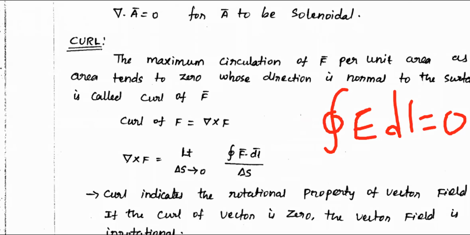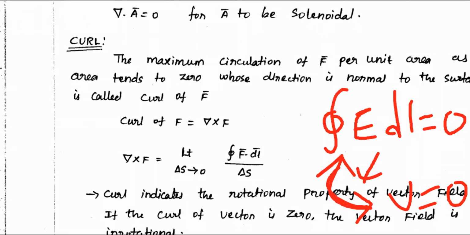And again, closed in the sense, something like a short circuit. Once something is short circuit, definitely voltage is 0. You know, the electric field we will again compare with voltage. Once something is short, then voltage is also 0. So definitely the voltage is 0, and also the integration of E dot dl is equal to 0.